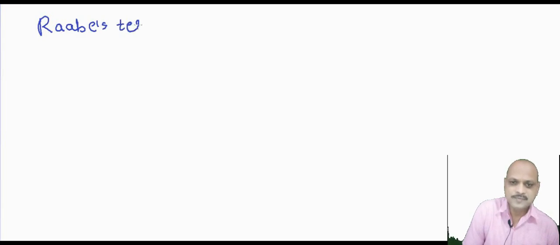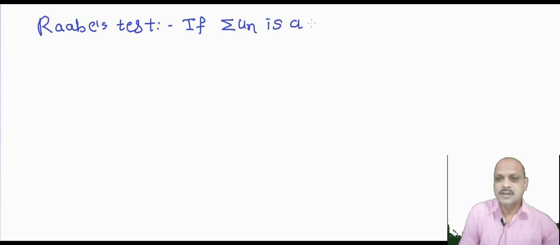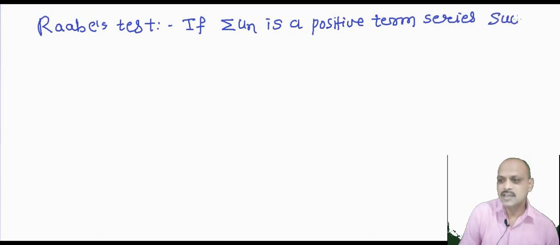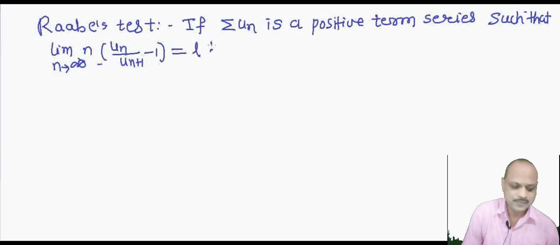Raabe's test: if summation un is a positive term series such that limit of n into (un divided by un plus 1 minus 1) as n tends to infinity equals L, then